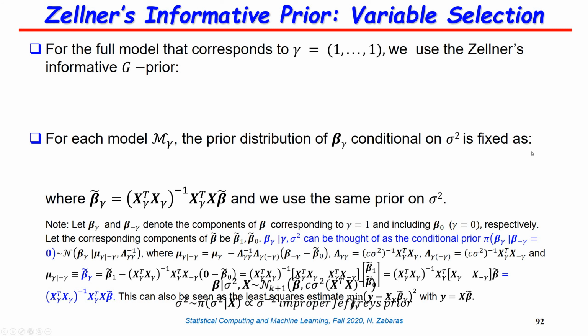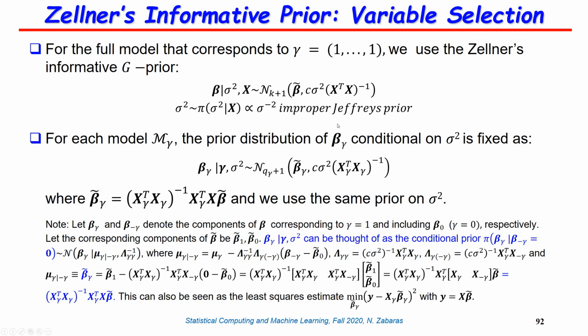So let me just give you all the equations here. This is my general prior model. For a given C, this is my Zellner G prior: beta given sigma square and given C is this. This is my prior mean, and then we took sigma square to follow a Jeffreys improper prior. The question is now, if I'm going to use the same structure for the prior for beta gamma, where beta gamma is of dimension q gamma plus 1,